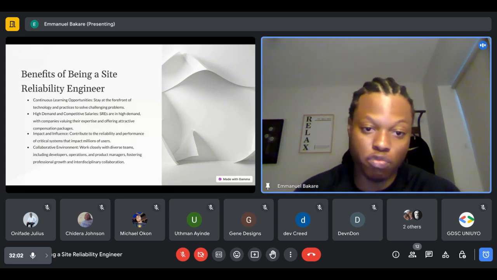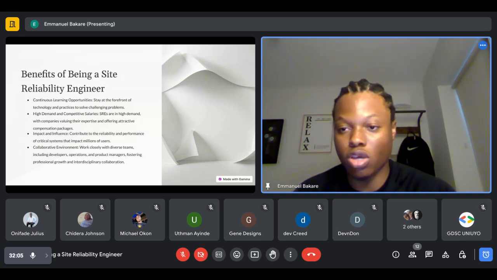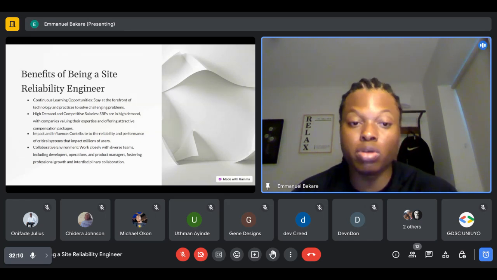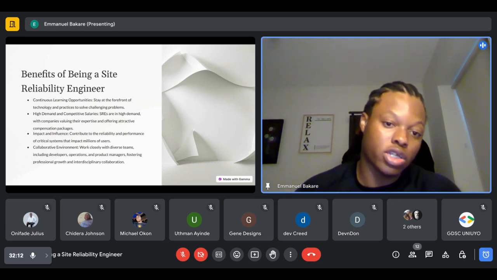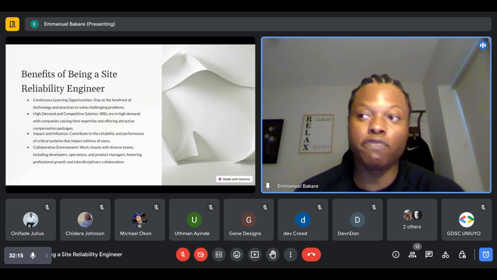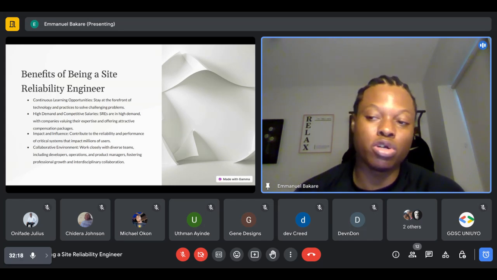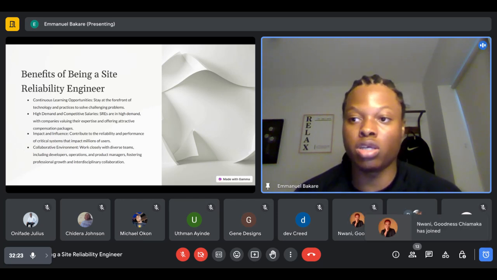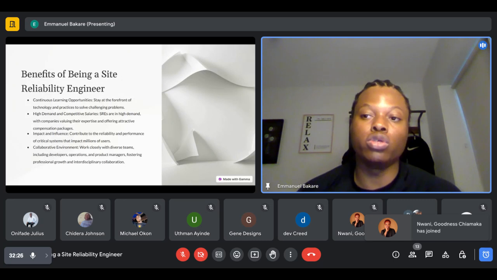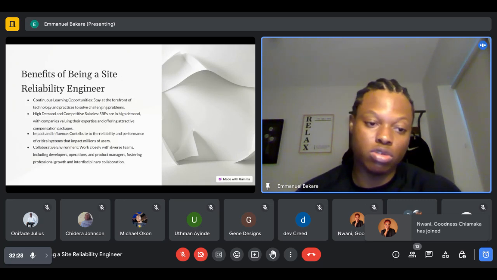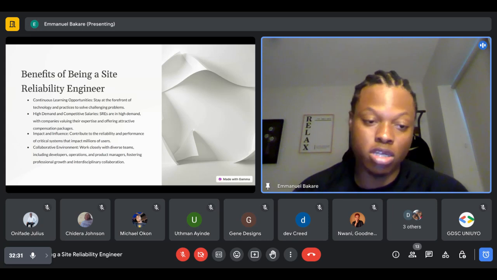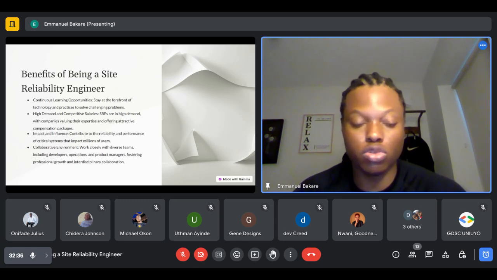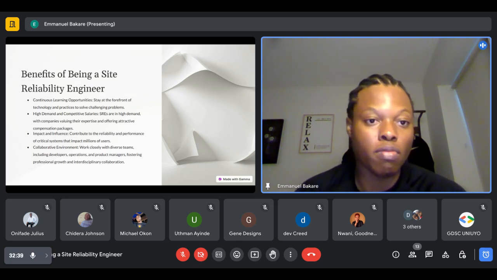Impact and influence, I just spoke on that. You run things for millions of people. You become more noticeable of problems, right? Because you build the monitoring infrastructure alongside everything. And you also collaborate. You have one of the widest views, probably after product managers. SREs probably get the most view from teams, because whenever things break, they have to come meet you, then you go down to them. You also spread out. You speak with almost everyone. And in my case, probably all the way to C level and director level people because you run the infrastructure.